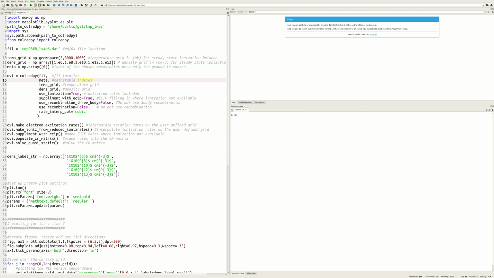Hi, my name is Kurt Johnson, and today I'm going to show you how to use ColRadPy to calculate photon